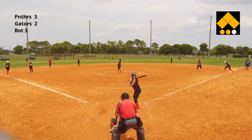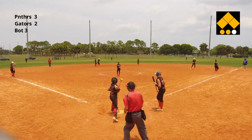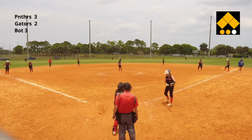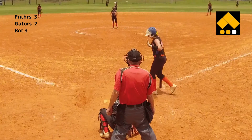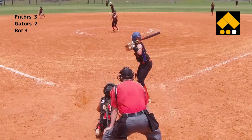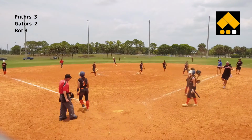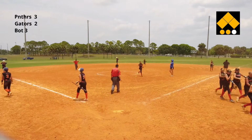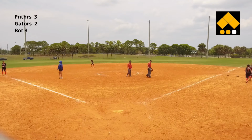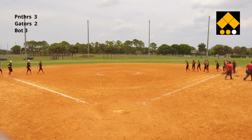Again, 2 outs. And the first pitch is in there for strike 1. The air is thick, the drama, bases loaded. Oh, the pitch high, that's gonna allow the run. Oh, she's out at home plate. She's out at home plate. She's slid into the tag. Fati slid into the tag to end the game. And the Gators end their tournament with the short backstop. And Coral Springs moves on and eliminates the Lady Gators. And so ends